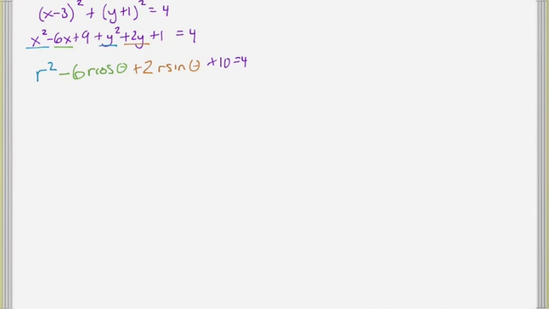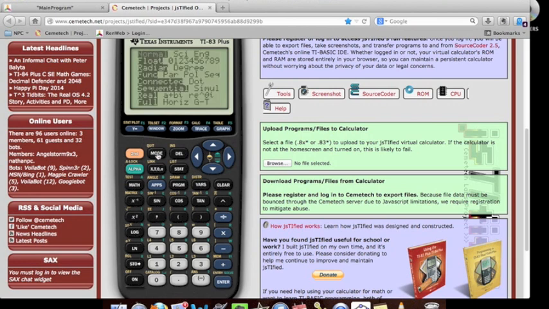Number 51 wanted you to graph the given curve, and then it asked what is the shortest length of a theta interval that can still produce the whole graph. So we need to go into polar mode. Down on that fourth line down, I need to change this over to polar. And then when I go into my y equals, it's actually an r equals. The equation that we're given for number 51 is an r squared equation, so we actually need to do a square root. We have to get r alone, so we're going to do the square root of